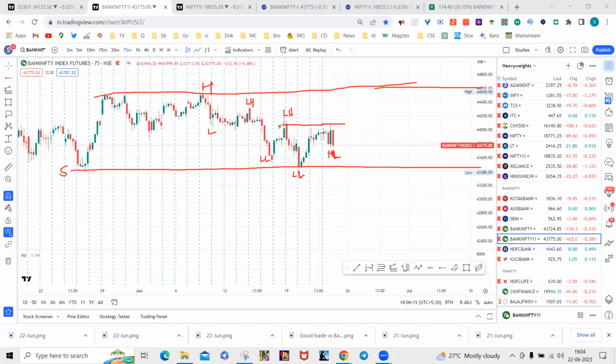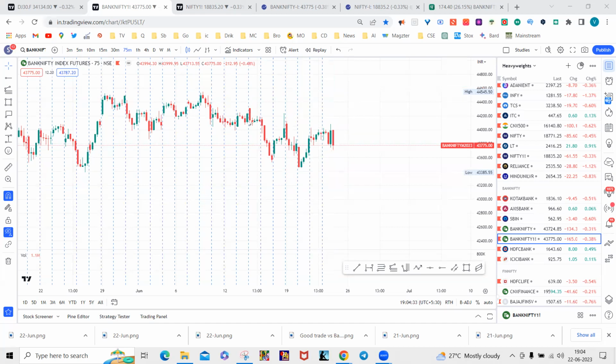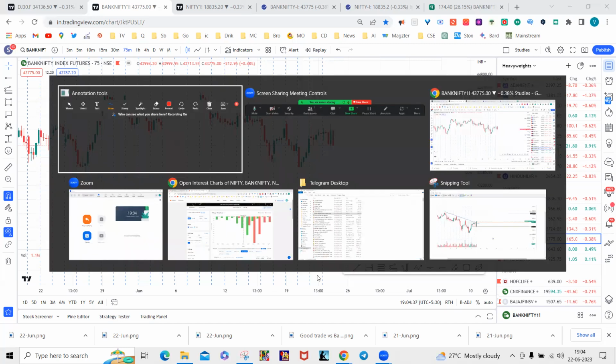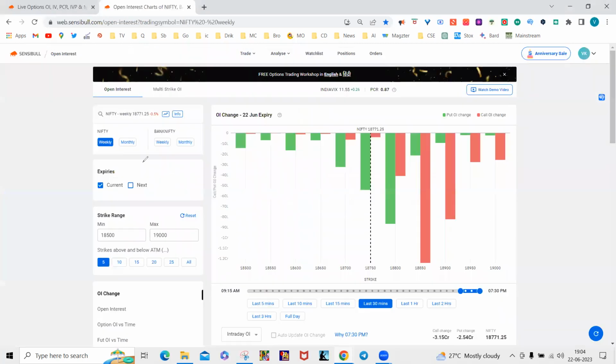Once the price crosses this crucial resistance zone and makes a higher high, then I think the trend would obviously change and the price would head higher. So till that time, the price action within this zone would remain choppy, is what I feel. So nothing else. And looking at the open interest also, we can see that